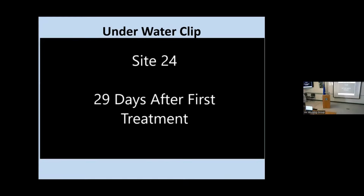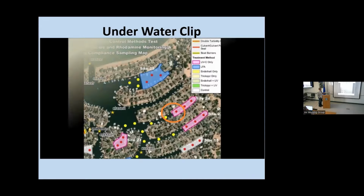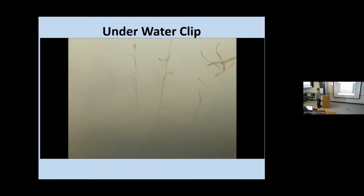Let's see if I can make this clip work. Okay. So this is 29 days after treatment. I'm just going to drop the camera right sort of in this zone, right around in this circle. Not super clear, but this is an area we treated. Doesn't get everything the first time. This is first treatment, but see what's brown, which is impressive. That's right there, but